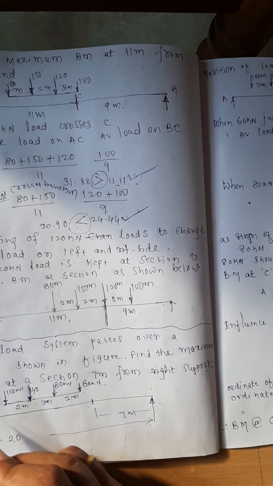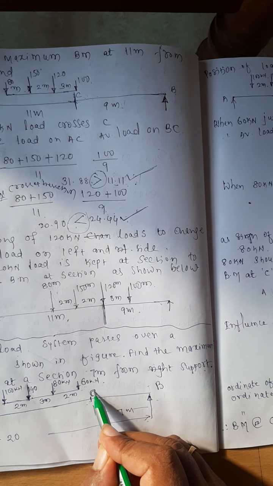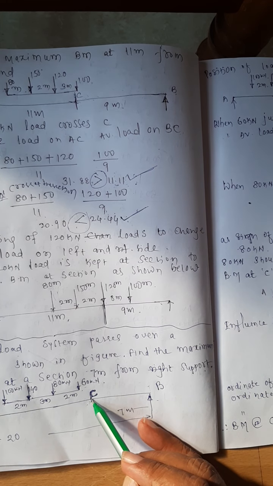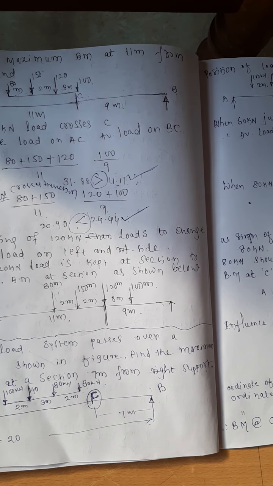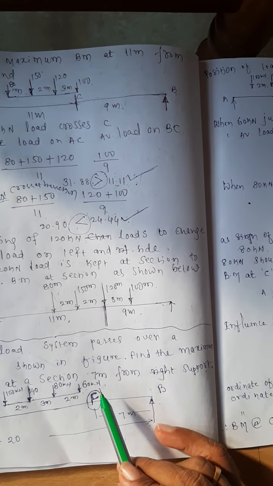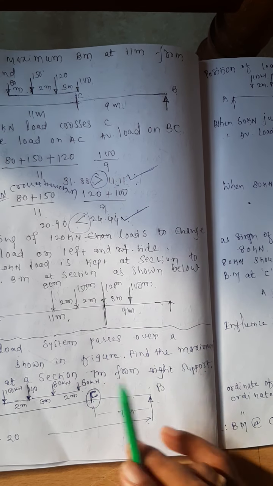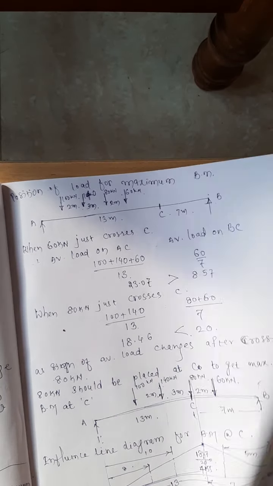I will call this particular point C. This is A, B, the 2 supports, and I am interested in the maximum bending moment at the point C. Section is given. He wants to know what is the maximum bending moment at the point C when this train of loads is moving, one behind the other. First we need to decide the position of the load on the girder for the maximum bending moment. How are we doing it? The train of the load is moving one behind the other.